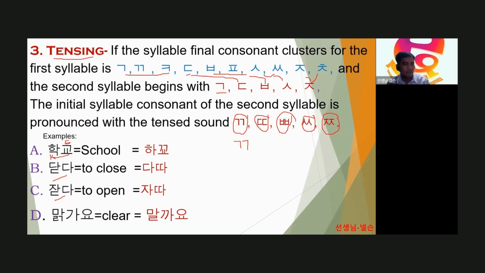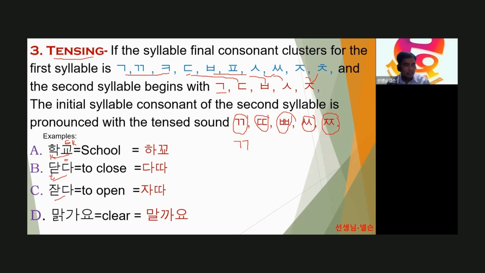For the correct pronunciation in tensing, once you encounter a character that looks or sounds like it, the pronunciation becomes tense or sang, the double. So instead of hakgyo, the correct pronunciation is hakgyo. Then, to close,